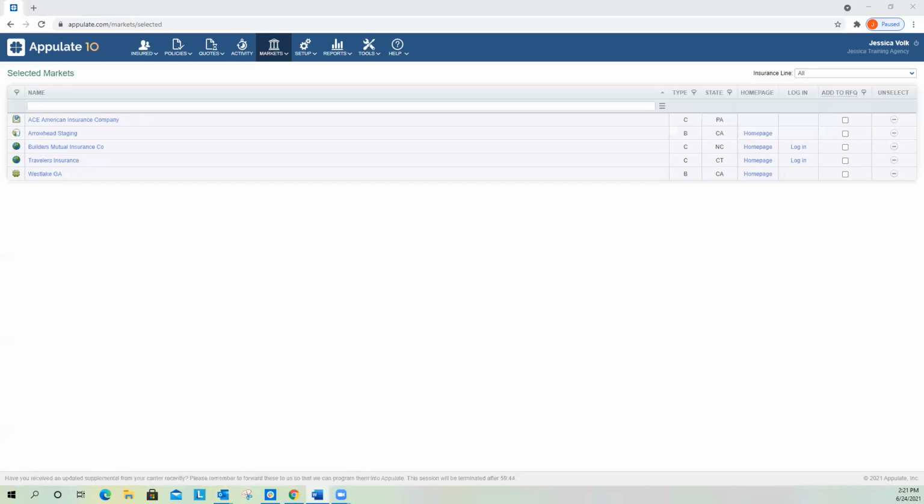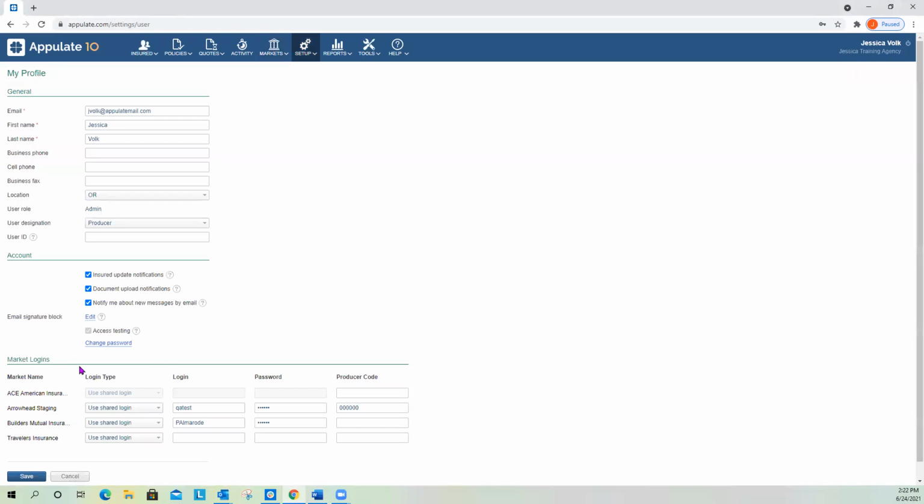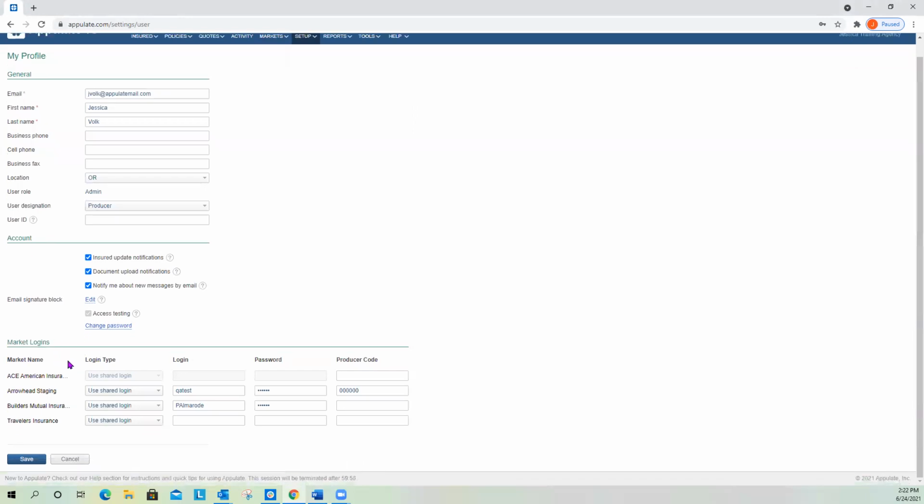Okay. So once your markets have been added, the last piece of setup is adding credential information for the markets that require it. So to manage your passwords, you're going to go all the way over to the right-hand corner of your screen and click on your name. And down in this market login section, this is where you can add your username, your password, and your producer